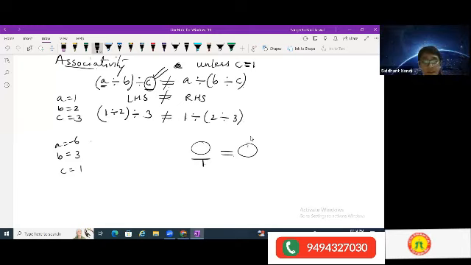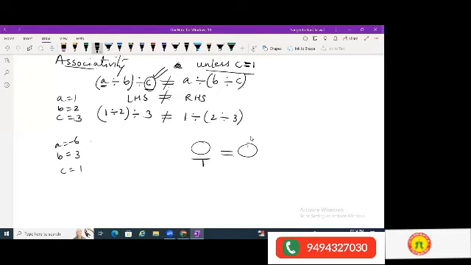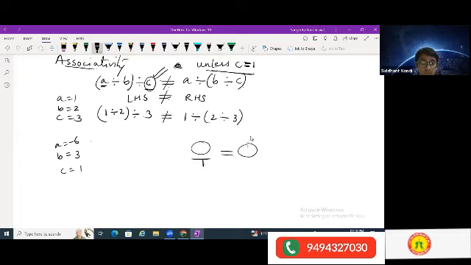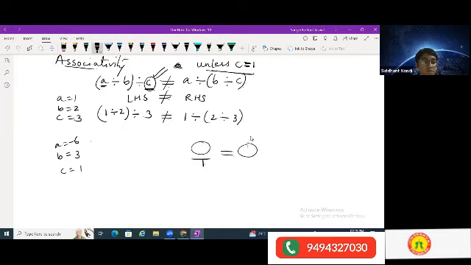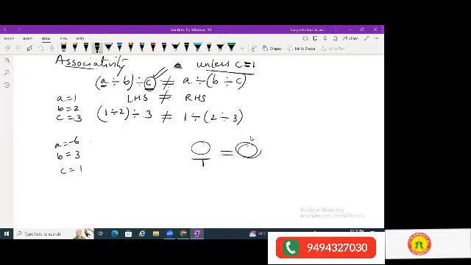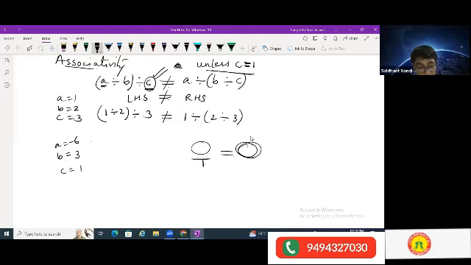Okay. Actually, division of integers is not associative. So this is another condition that applies in case of division, associativity in division, unless c is 1. If c is 1, then you will get it equal. But if c is not equal to 1, then you will not get it. Because when the denominator becomes 1, the numerator can be written as a rational number, an integer only. Okay, ma'am.